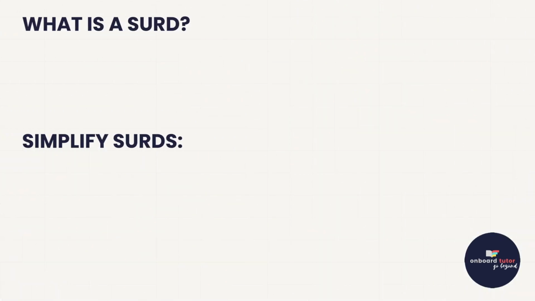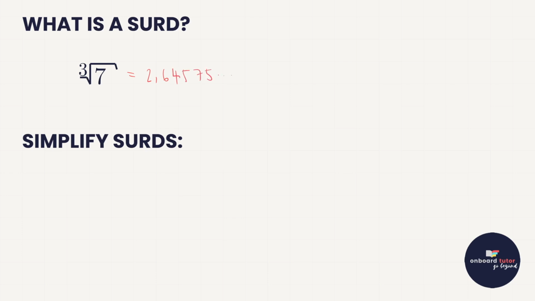In grade 11, we are introduced to a new concept, and that is the concept of a surd. And so we're just going to start by looking at what a surd is and how to simplify them. A surd is essentially a number like this written underneath a root sign, and this number, there is no perfect cube root of 7. And so if we were to calculate this, we would end up with an irrational answer of